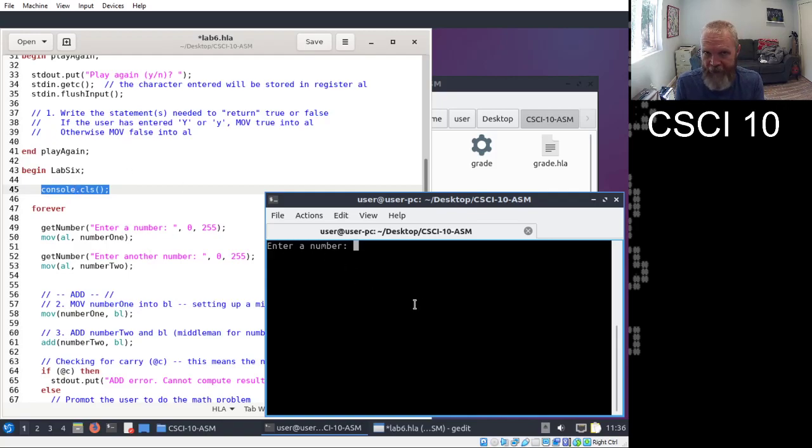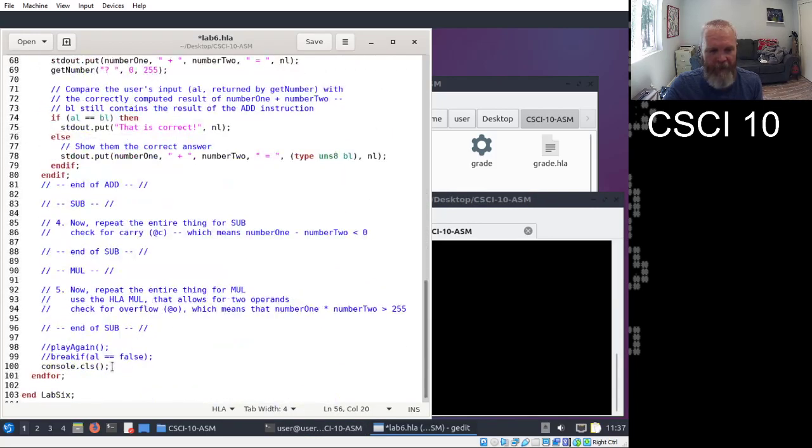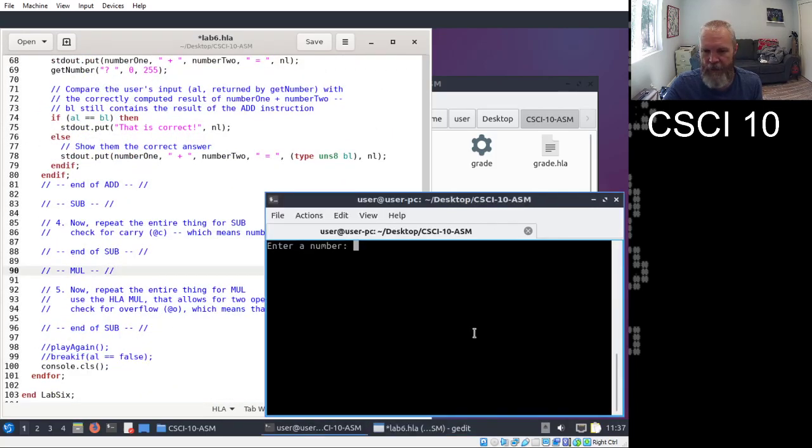Now I'm going to put two correct answers first, so I'm just going to put 1 and 2. So it's already computed using BL the sum of those two numbers, and because there was no overflow, I now get the quiz part. So the program's actually sort of asking me what's 1 plus 2, and if I type 3, it should say, well, it cleared the screen, but if I scroll back up, that is correct. That's because it cleared the screen because of the one at the bottom, which I probably should have commented out, but that's fine. We'll just scroll. All right, so now it's looped around and it cleared the screen.